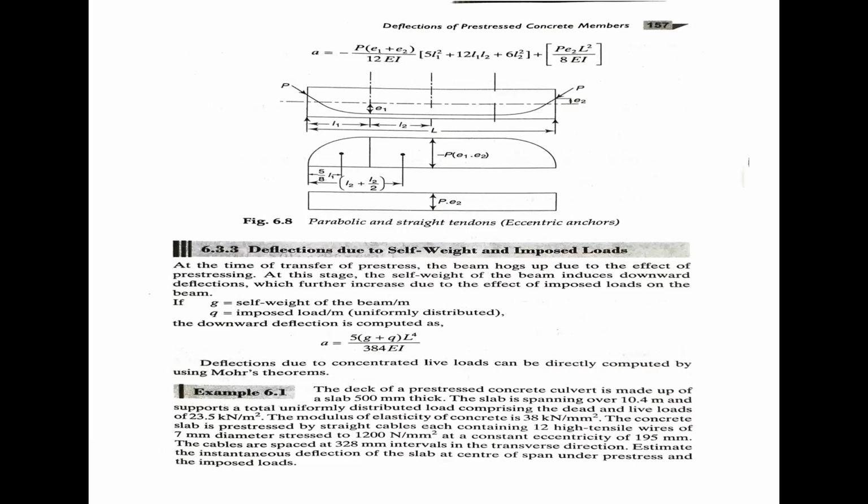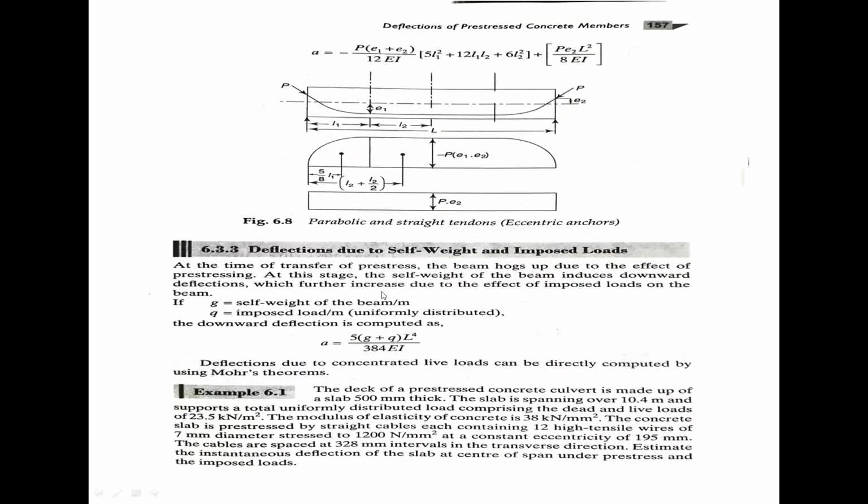Okay, the uniform distributed load comprising the live load and dead load, we have to take as 23.5 kilonewton per meter square. Now we have to calculate 23.5 with a partial safety factor. Now we get W equals 33.5 kN per meter. Finally converts to